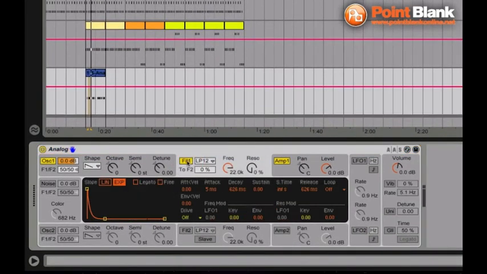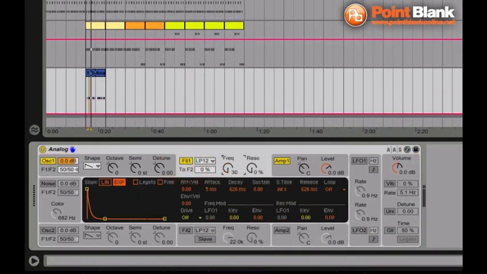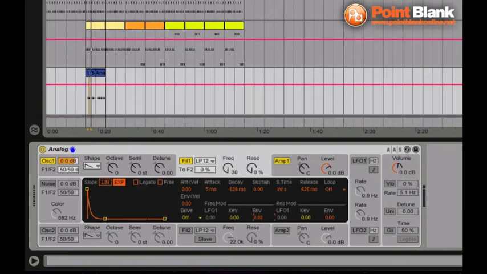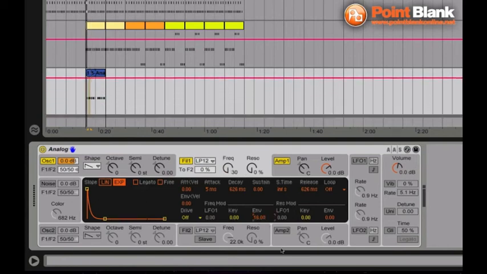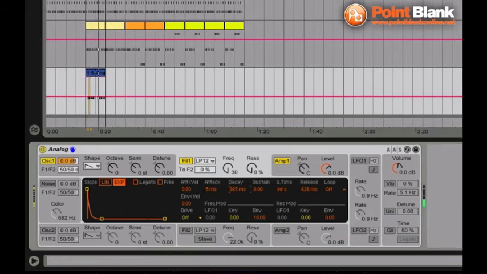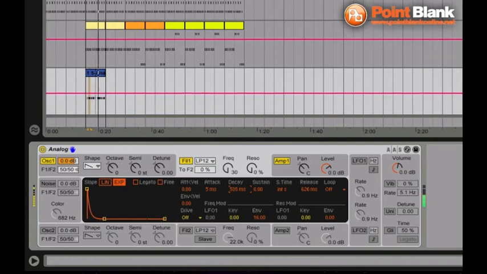So for this, I'm going to turn on filter 1, filter all the way down, and then turn the filter envelope up to +16. If I solo the track for a second, you can hear that. That filter envelope just means we're getting a very quick open and close on the filter, and that gives the sound its plucky texture. If I work on the decay value here, I can tighten that up even more and get a really nice effect. If I want to, I can open up that decay,